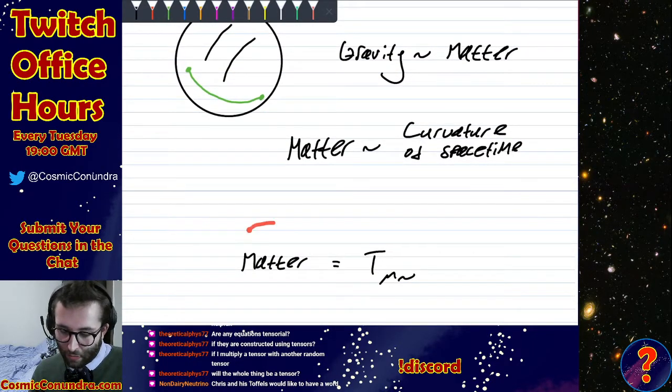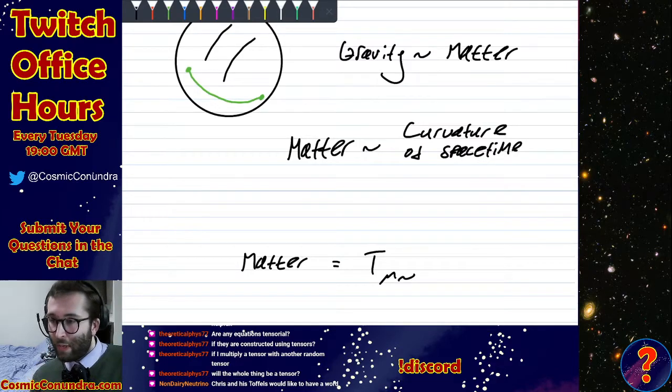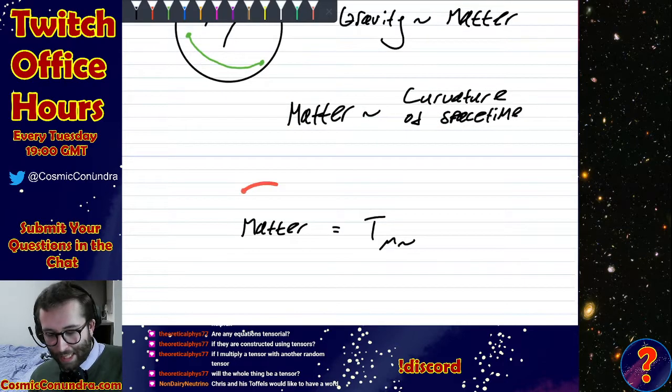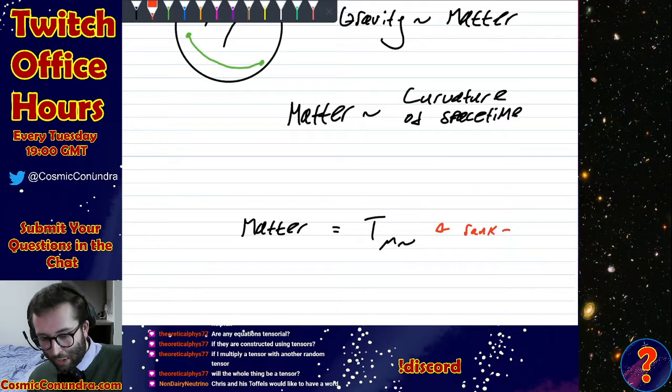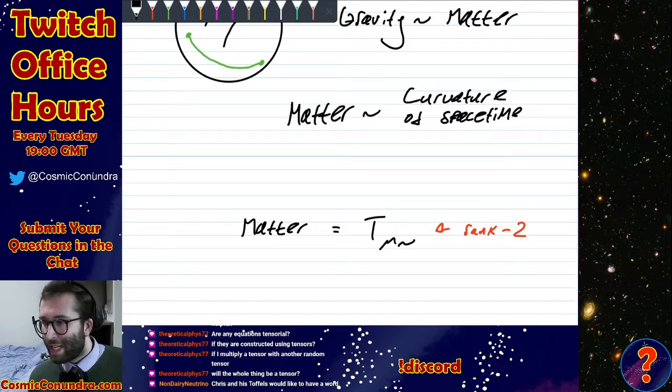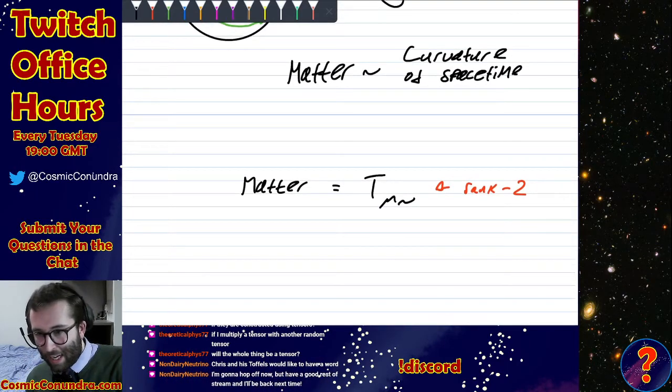And what I've just said is that, as some wisdom from special relativity, we like to describe matter in this way, as a stress-energy tensor. Again, not going into too much detail. So this tensor here is rank 2, meaning it's got two of these indices on the bottom, mu and nu. And just like with matrix equations, you can't set a 2x2 matrix equal to a 3x3 matrix. Similarly, you can't set a rank 2 tensor equal to a rank 4 tensor or a rank 3 tensor. So if I'm going to set matter equivalent to curvature of space-time,